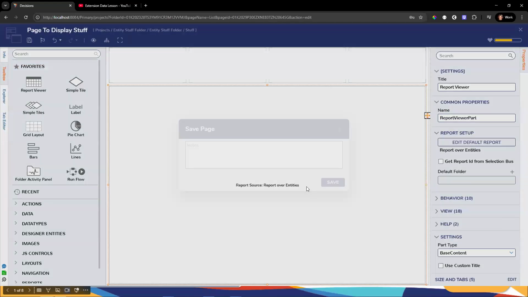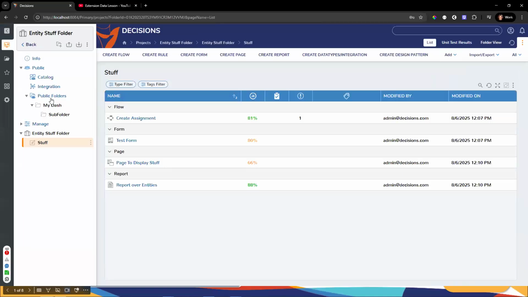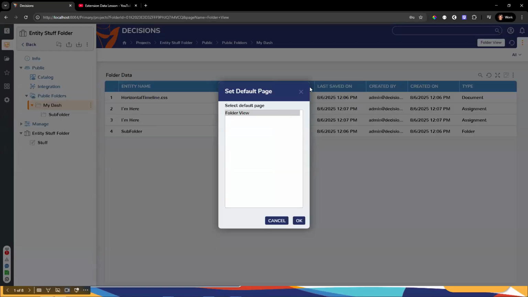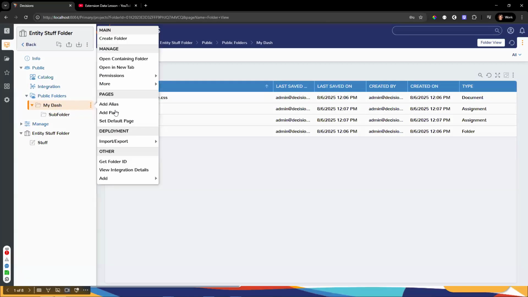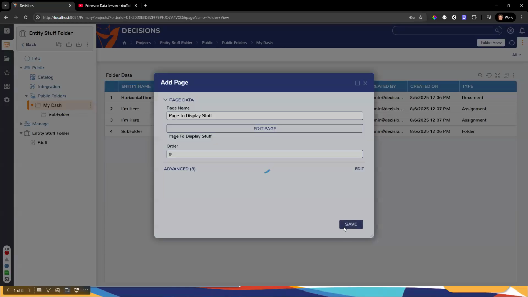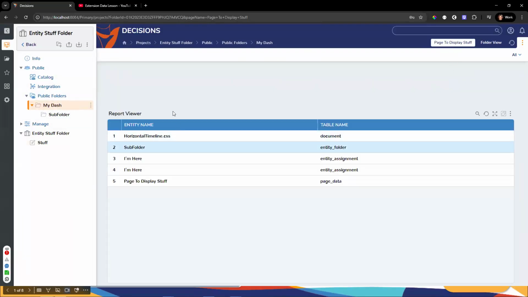And then once I add this to a page, or add this to the dashboard rather, that's not what I want. Add page, and I pick it, and I said pick to display stuff, boom. And then now I just go to my page display stuff, and there's my report viewer that displays all of that stuff. So you could add metrics or actions or anything that you